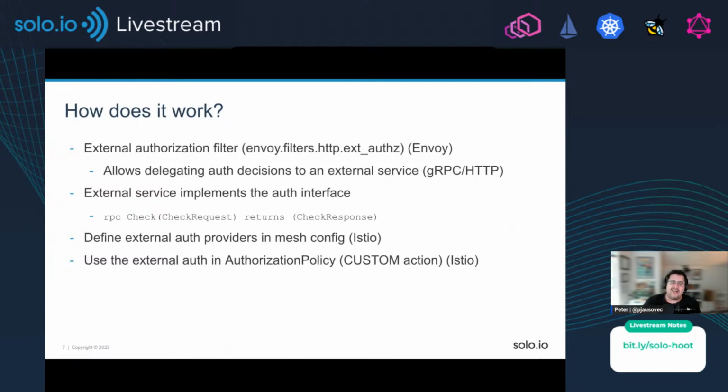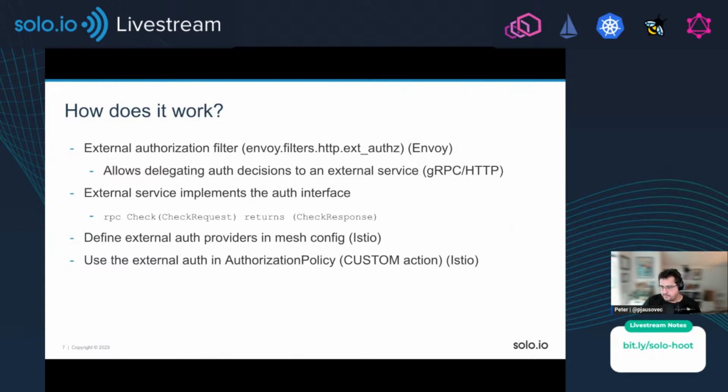Now, to tell Envoy to use that external service, if you're using pure Envoy, you would do it in the Envoy configuration, of course, right? Now, in Istio, the way you do it is you can define an external auth provider in mesh config. The configuration itself is just the name of the provider, so you can refer to it. It can be whatever. And then the address of that external auth service, plus some options that you can set, right? So pretty much the same things that you would have to set in Envoy directly, but we're setting it